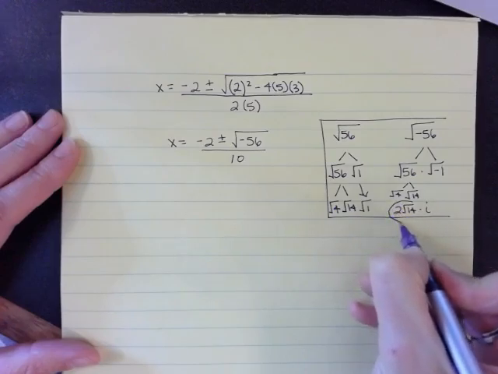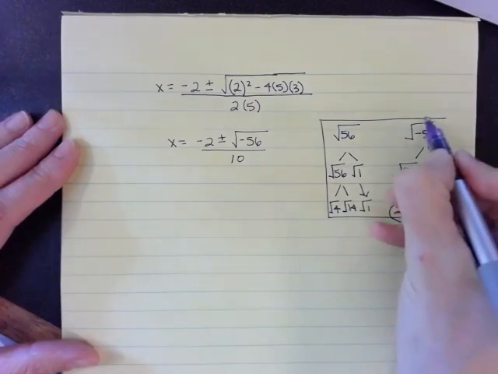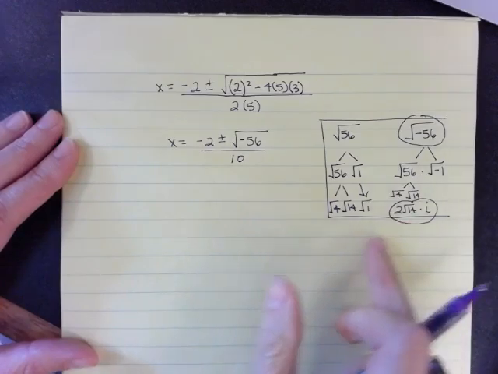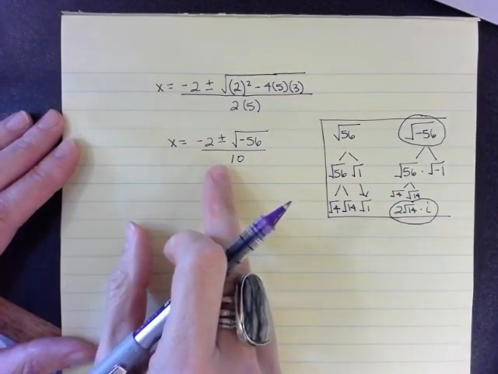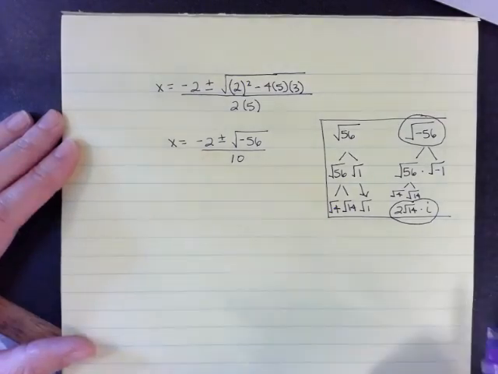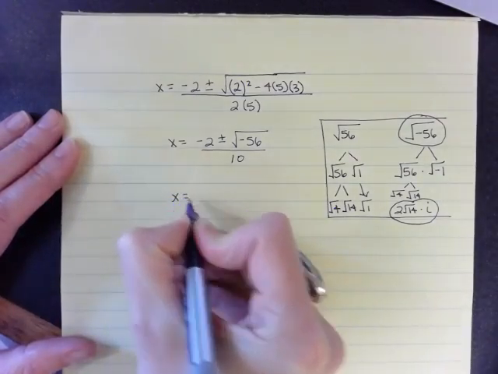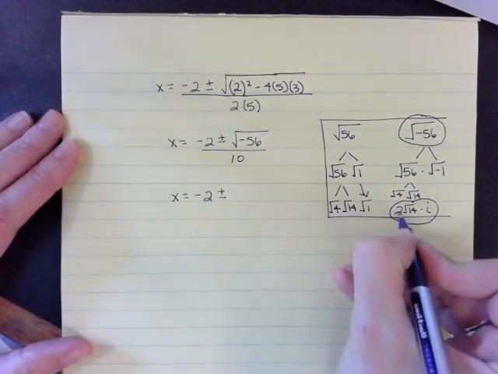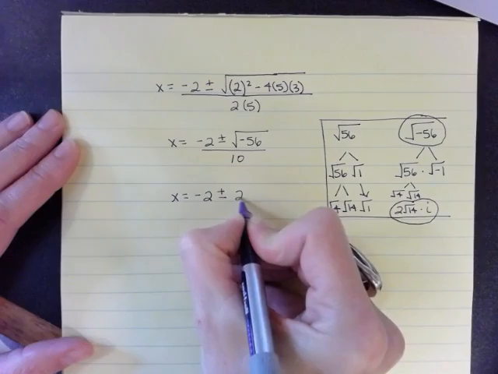And that's what the square root of negative 56 is. So I'm going to bring this back into my answer. And this is how I write it. Are you ready? x equals negative 2 plus or minus 2i root 14